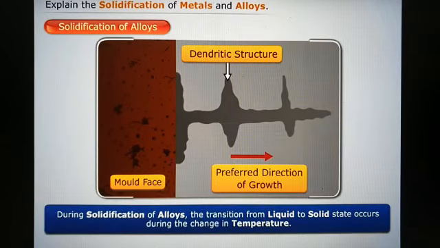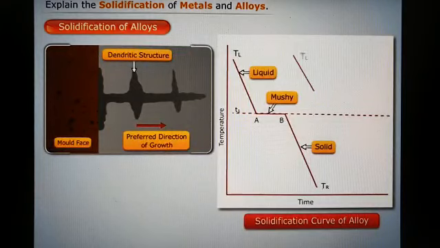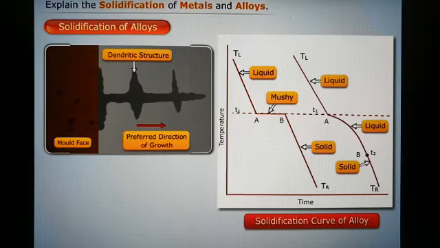Note that during solidification of alloys, the transition from liquid to solid state occurs during the change in temperature. This can be represented graphically as